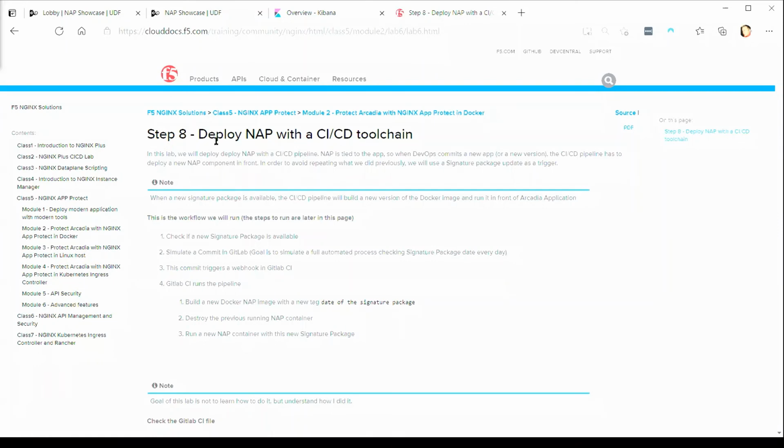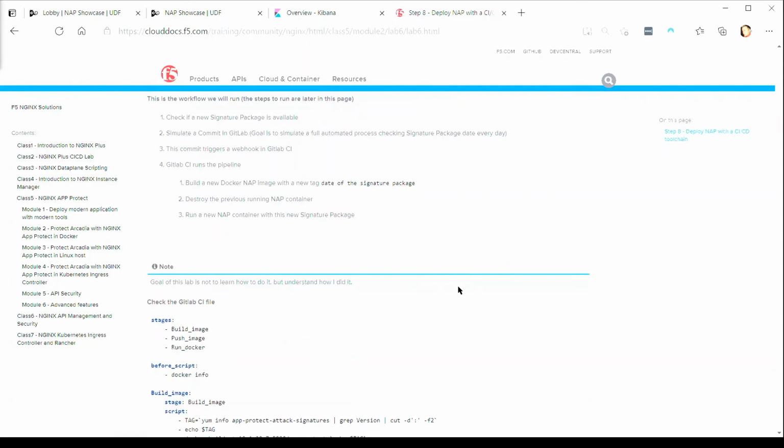So what we want to do now is deploy NAP with the CI/CD toolchain. This is where it gets really interesting, because now we're going to automate everything we've done so far and make it run in an automated fashion. We're going to simulate that a new signature file became available. On the basis of the availability of the updated signature file, the CI/CD toolchain will kickstart a workflow and create a new Docker image.